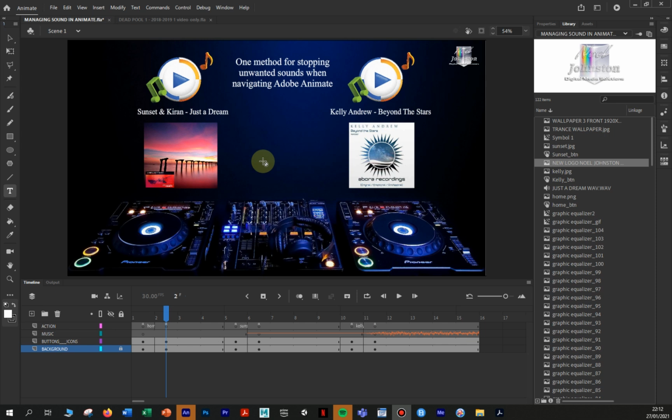Hi guys, a query came up today from somebody asking about how to control sound that was bleeding into other frames. Now my feeling is if one person has this problem, a few people have this problem. So the issue is with being on a frame and having audio on it, and when you move from that frame to another via a button click or something, the audio from the last frame and the next new frame starts playing at the same time,